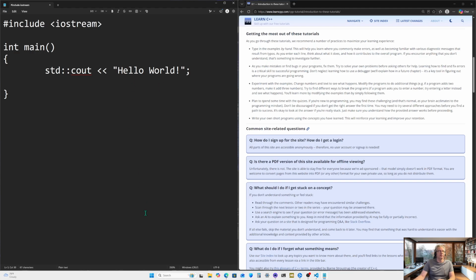So yes, if you write a program that's asking you for information in a terminal as a user, try to enter a letter. If it accepts the letter, try to figure out a way to fix your program so it won't accept that letter. You'll learn more by modifying the examples than by simply following them. Yes, and you see me do that. At first I was just following the examples, but since I've been through this material a few times, I have been working on modifying the examples to see what all I can do with it.